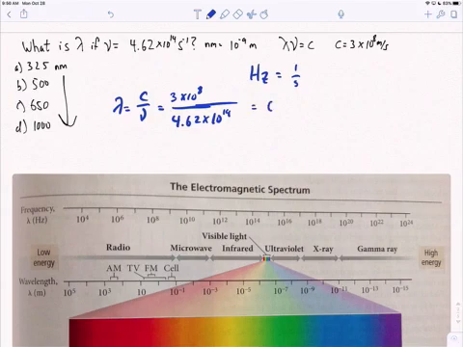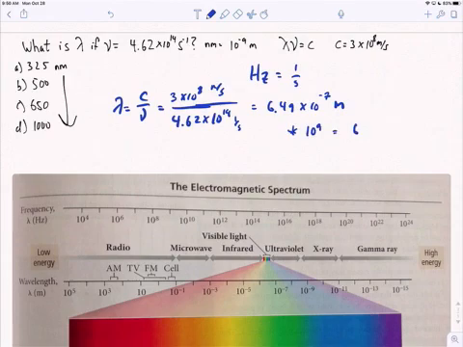So I got 6.49 times 10 to the minus 7 meters. So this is meters per second, and then this is 1 over seconds. And then what you do is you multiply this by 10 to the 9, and you get 649